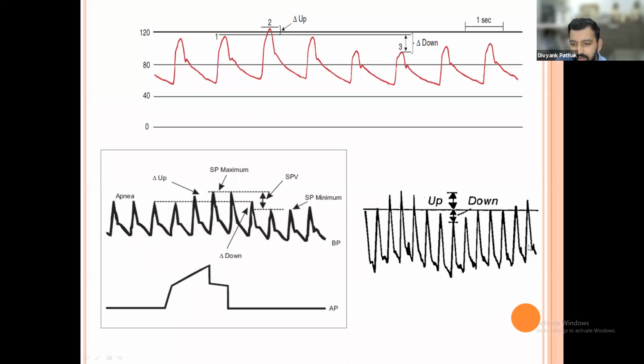So in a real scenario, you will see a picture like this. Okay, so you will draw a baseline. Now how do you draw a baseline? One way is eyeballing. If you see these kinds of waveforms and the child is paralyzed or having spontaneous breathing, then also there are too many variations. By blind eye you can see that the child is fluid responsive. But if you want to be very accurate, you have to take a printout of the waveform, analyze it, draw a line and see how much downstroke and how much upstroke there is. Then you have to calculate it.